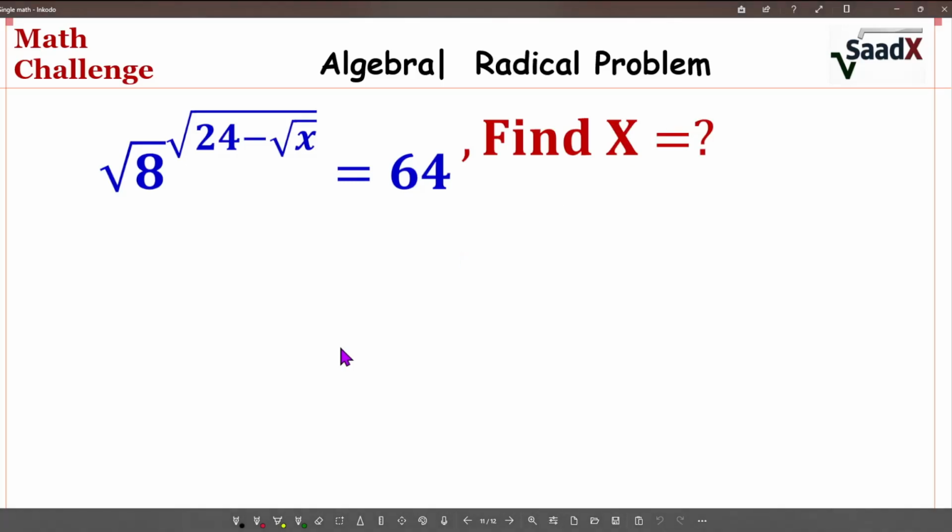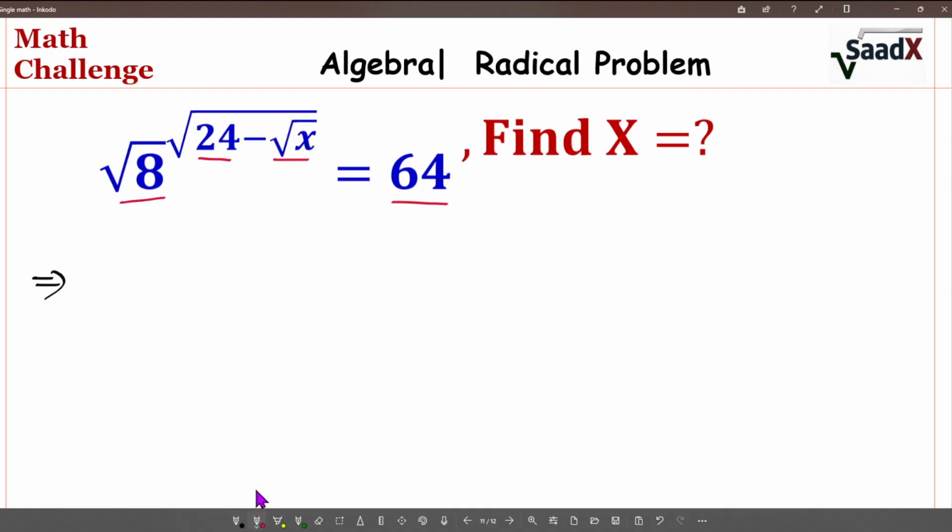Find x. Root 8 to the power root 24 minus root x equals 64. This is a very important radical problem. We are trying to solve this problem step by step. Let's start. First,